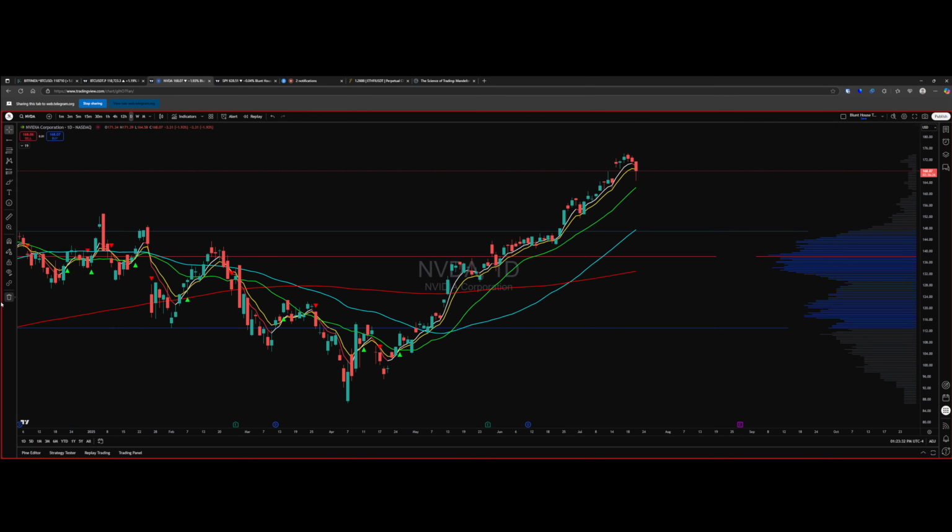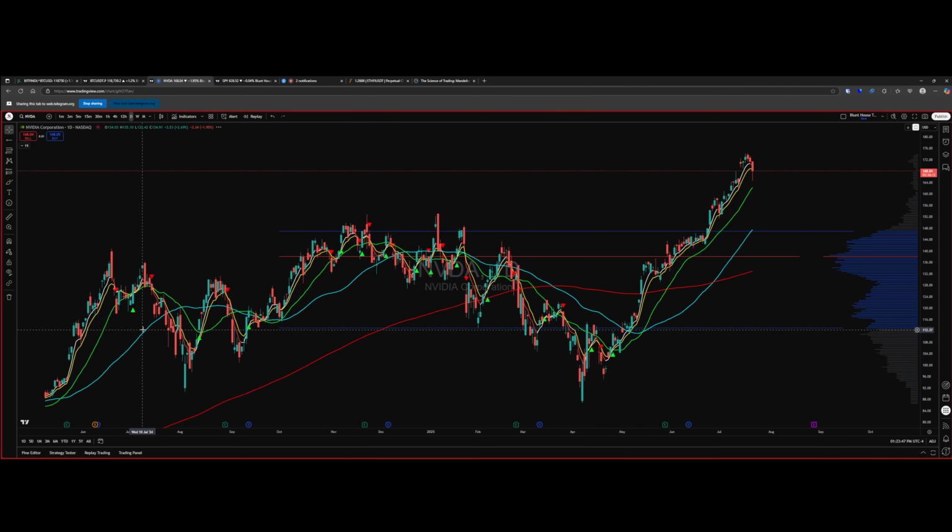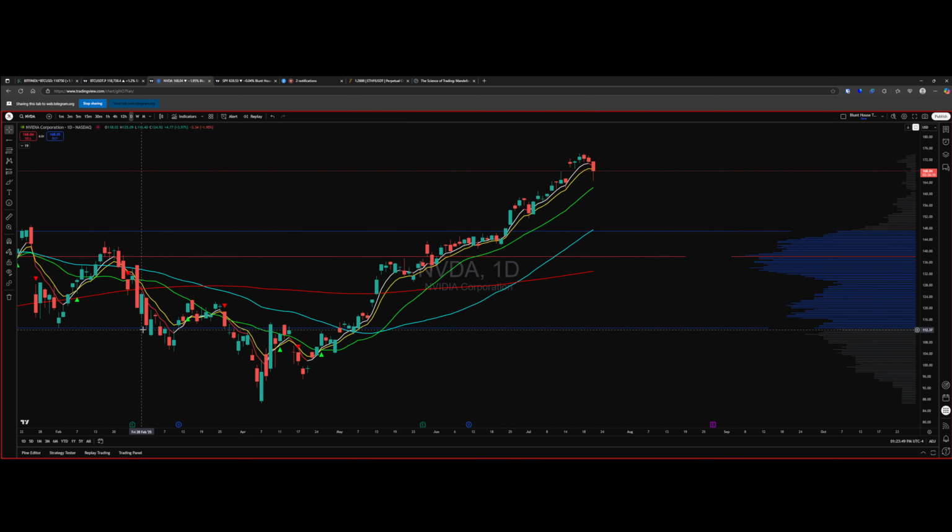Right? And nobody wants to talk about the 200-day on the daily chart being at $133. Nobody wants to talk about that. And they won't. You're not going to hear it anywhere. It's not going to be a topic of conversation. But you need to know where it is. You're trading above the 20, the 50, and the 200.